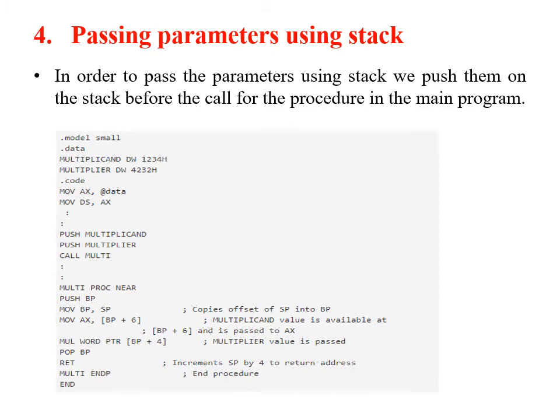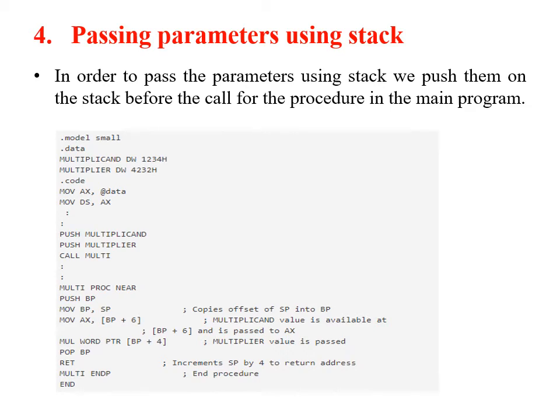saved somewhere, because your IP instruction pointer register will be currently holding the addresses of the instructions within that procedure. So this instruction address should be safely stored. So that also will get pushed into the stack. And now currently your multiplicand is pushed, multiplier is pushed, and then the address of the next instruction of the call command. 3 have been pushed.